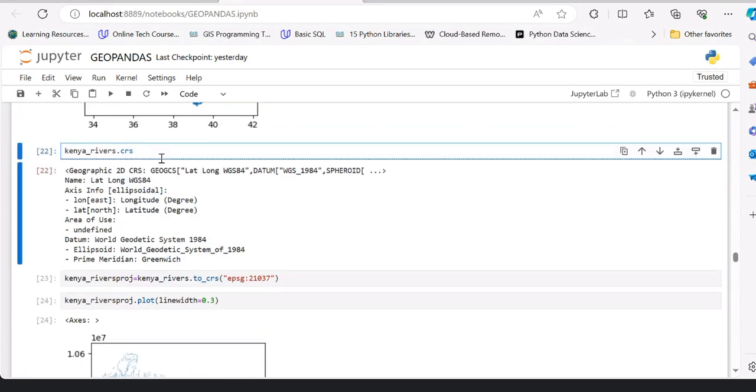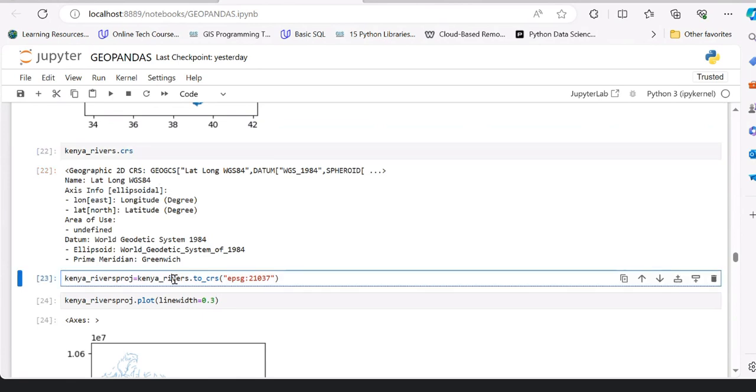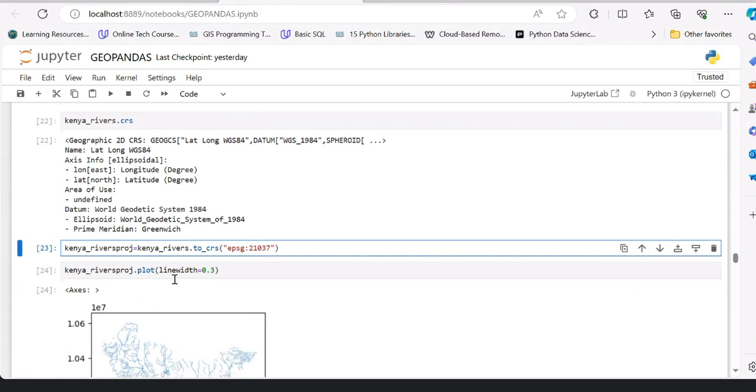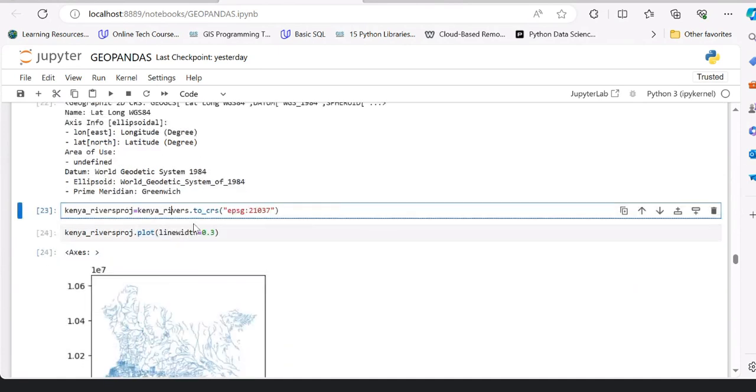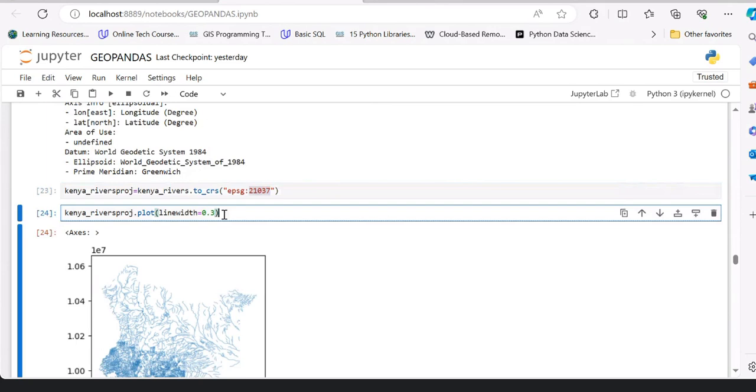You can get your CRS, coordinate reference system. To know the coordinate reference system of your rivers, you just have to type kenyariver.crs, and you get your coordinate reference system. You can also reproject the same way as we did the other one. You can reproject your coordinate reference system by just typing .to_crs, then give the code of your coordinate system. Later on, you can plot